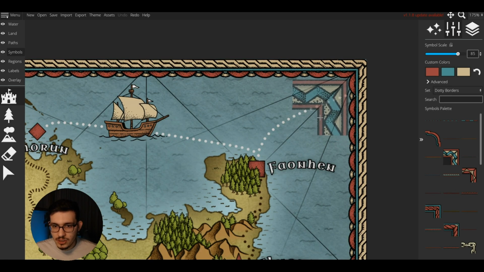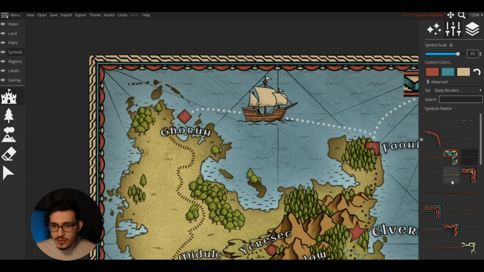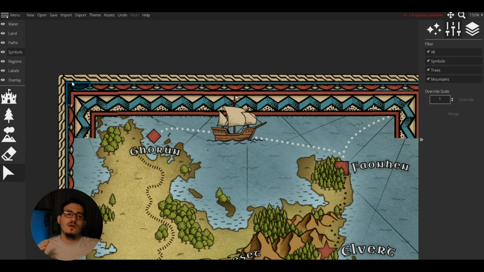For example, imagine if this is the edge and you are starting to add the border, and you add one and then you add another one. Now we are going outside the map. So resizing those so it fits perfectly on the edges of our canvas becomes difficult.